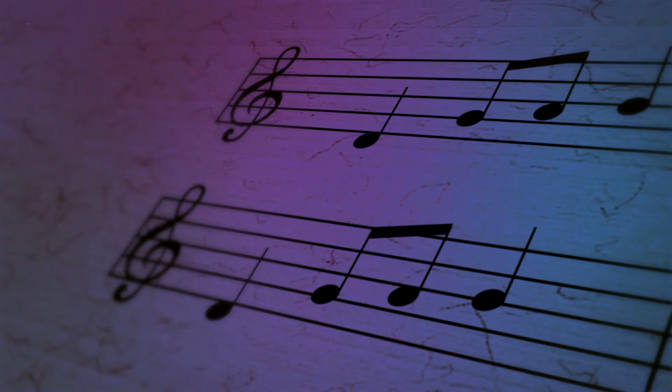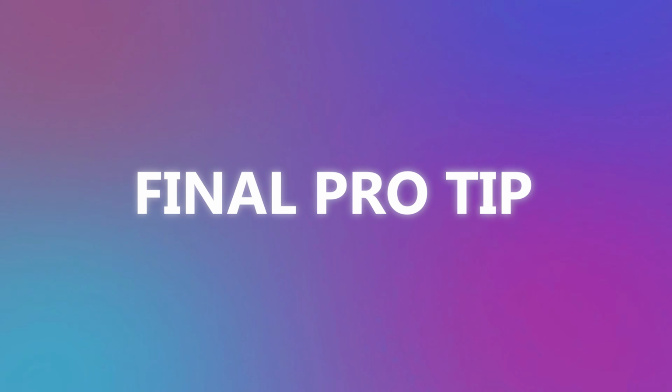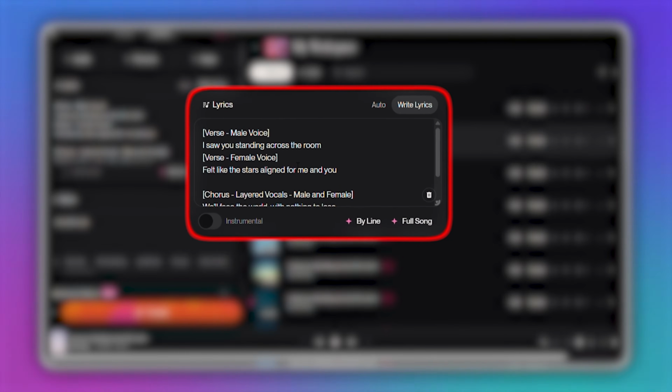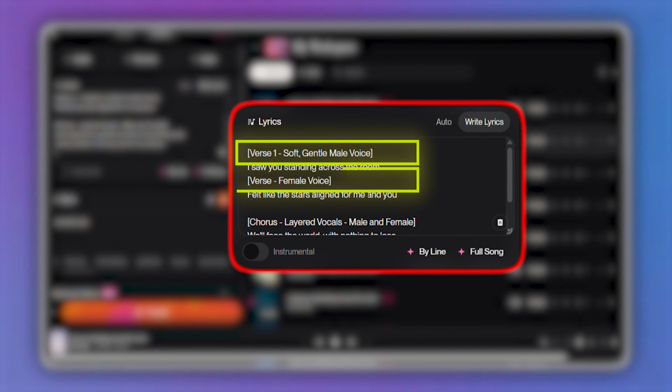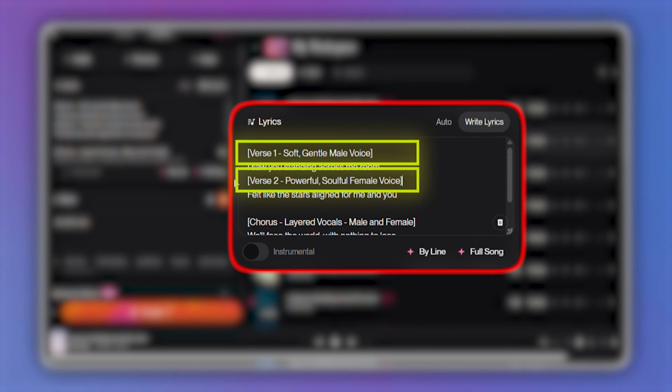That harmony is what makes a song sound professionally produced. It adds emotional depth that two voices singing the same melody just can't match. And here's a final pro tip. You don't have to stop at just male and female. You can give the AI direction on the style of the vocals. For example, you could create a beautiful contrast by specifying,